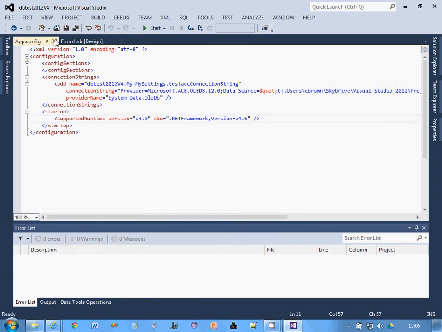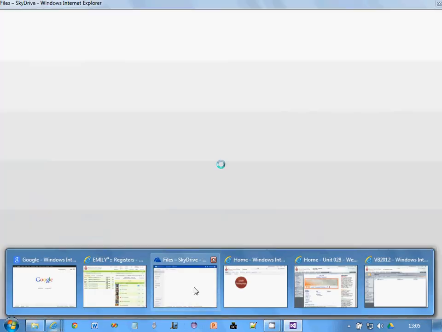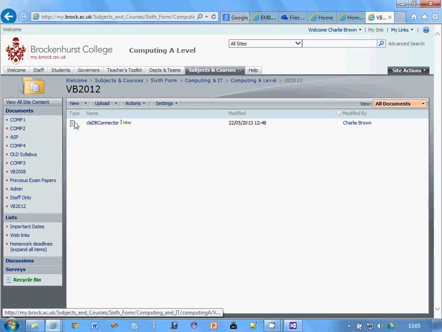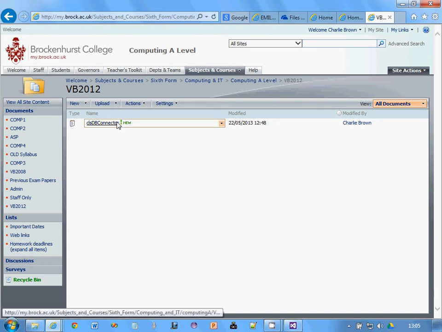Now what we need to do to help us write SQL queries against our database, it's a good idea to have this class that's already been pre-created. Now this class is on my Brock, so if you go to my Brock, it is here. It's called DB connector. Now it's a text file because I can't put a class file on there. So if you just download that, I'll download it to my desktop. So save target as,